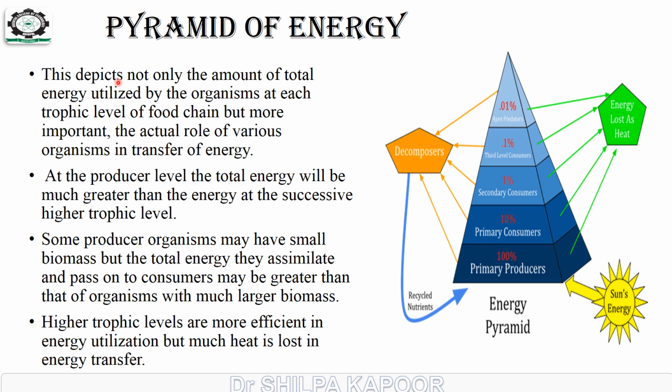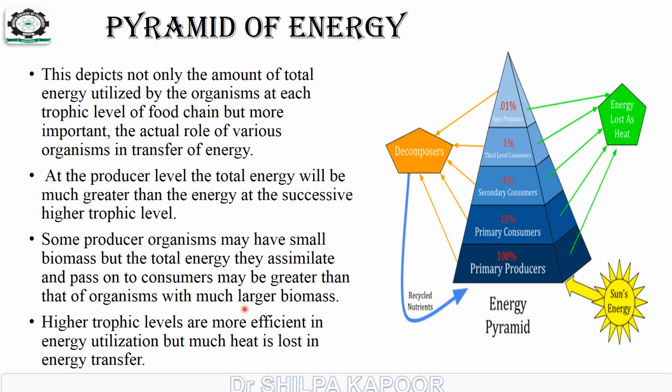Pyramid of energy. This depicts not only the amount of total energy utilized by the organisms at each trophic level of the food chain, but more important, the actual role of various organisms in the transfer of energy. At the producer level, the total energy will be much greater than the energy at the successive higher trophic levels. Some producer organisms may have small biomass, but the total energy they assimilate and pass on to the consumers may be greater than that of the organisms which